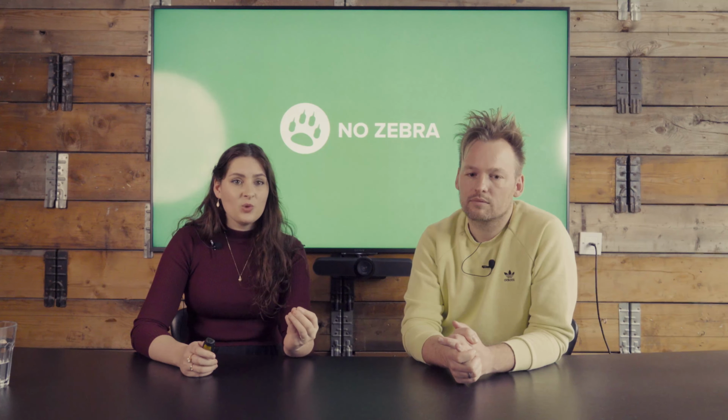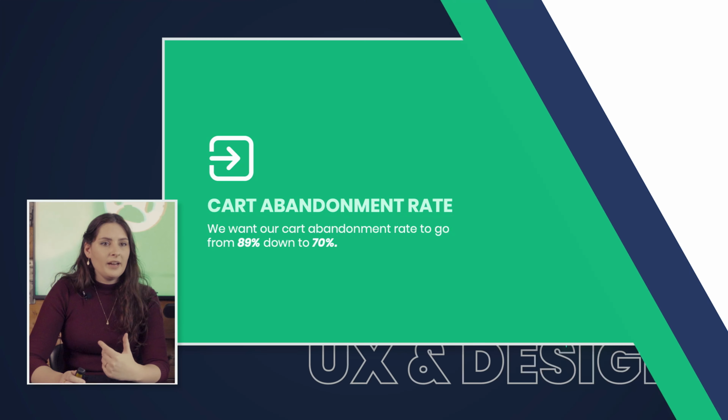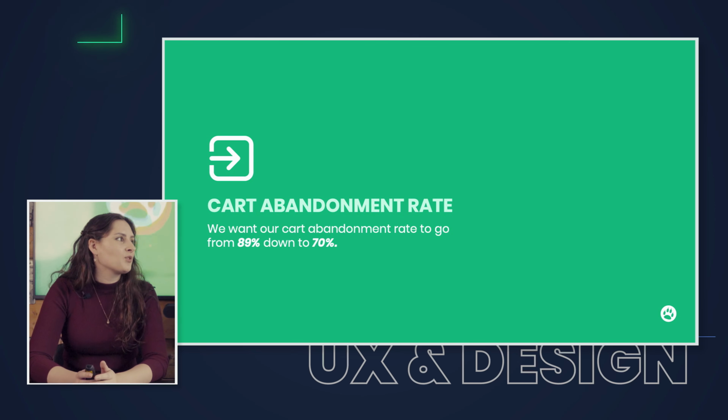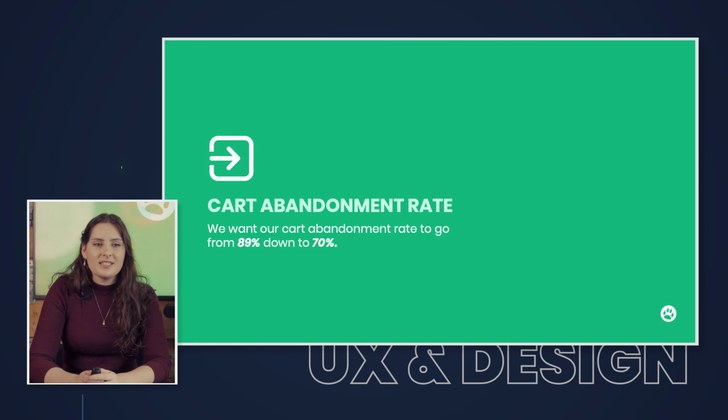But if we talk about the other actual KPI example that we have, and that is the cart abandonment rate, where the user is actually removing themselves from the payment flow, not being satisfied enough with what's going on. So what this client wanted to do, the B2B client that wasn't really happy that it took too long to check out, they wanted to look into the checkout process. And 89% abandonment means 11% is actually turning into a potential payer, but then they want to go down to 70% to reach like 30% of actually being potential buyers.